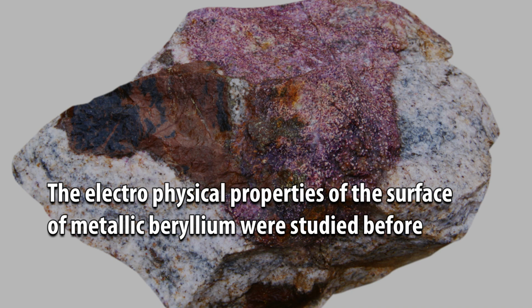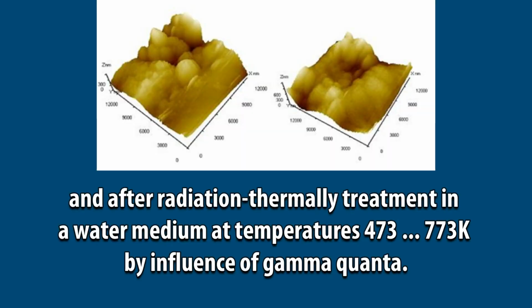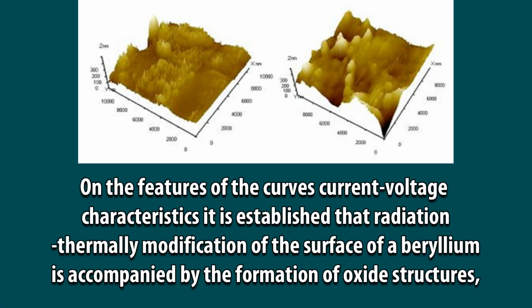The electrophysical properties of the surface of metallic beryllium were studied before and after radiation thermal treatment in a water medium at temperatures of 773 K under the influence of gamma quanta. From the features of the current-voltage characteristic curves, it is established that radiation thermal modification of the surface of